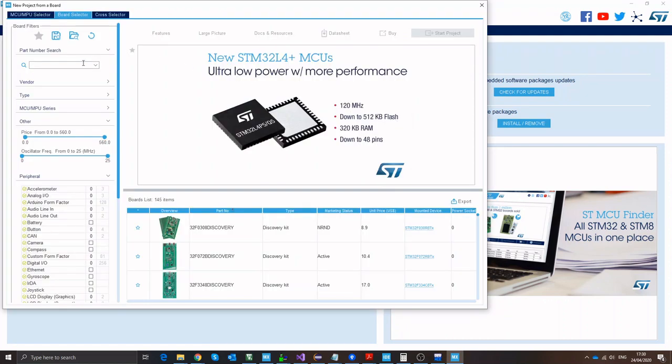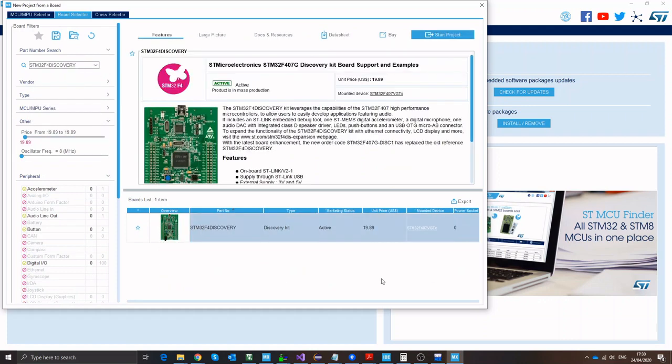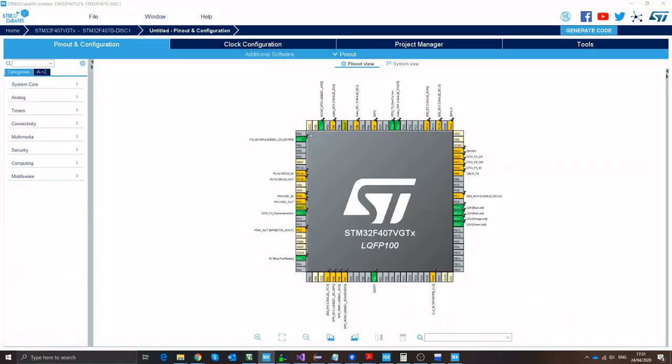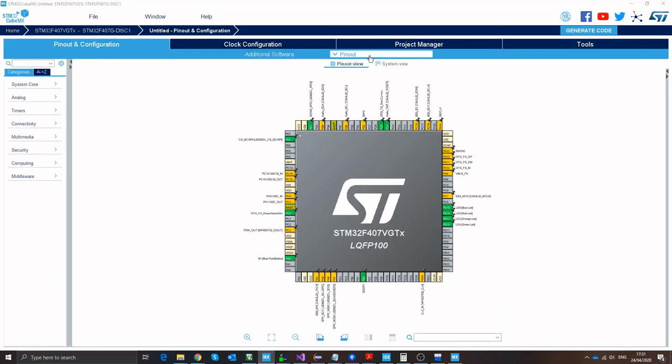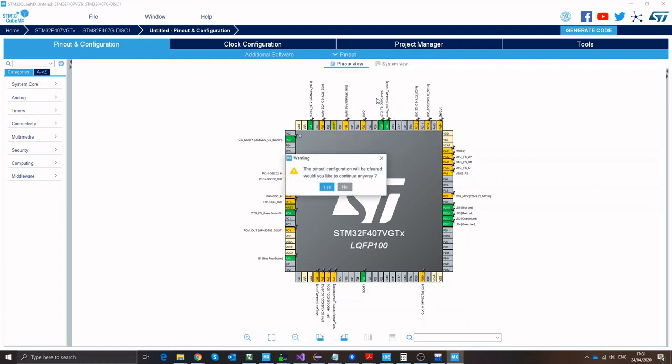Okay, now we need to select our board. So it's the STM32 HAL Discovery. You want to select it and set up the pinout. I don't want to initialize to the default mode. Alright, now the first thing I want to do here is clear all the pinouts, and